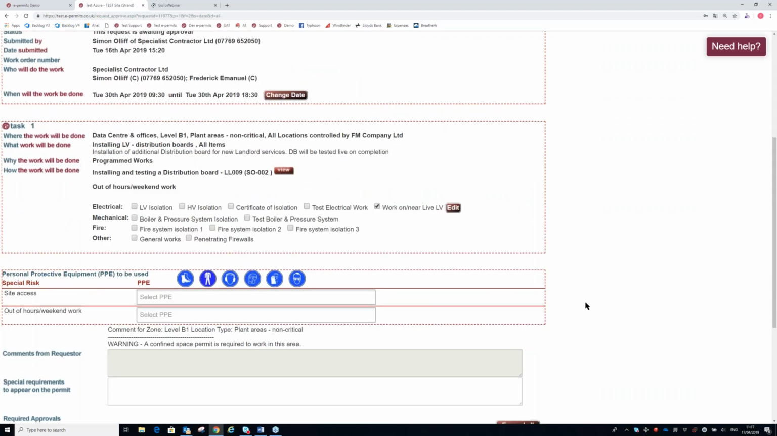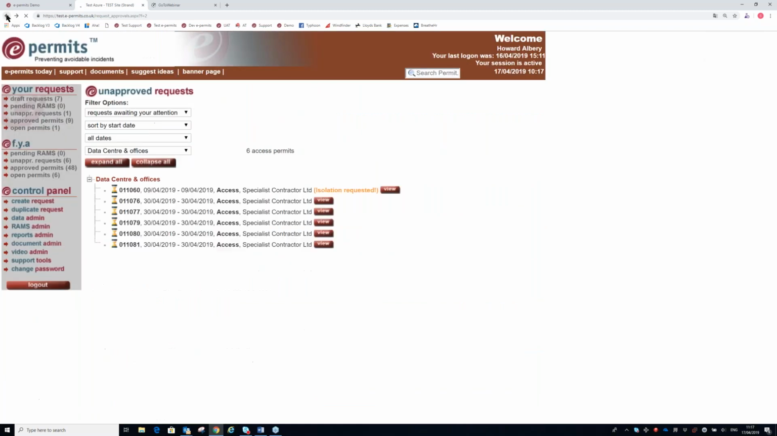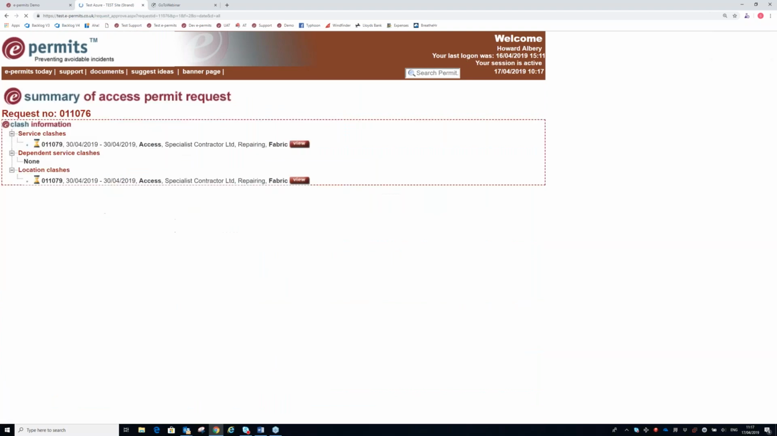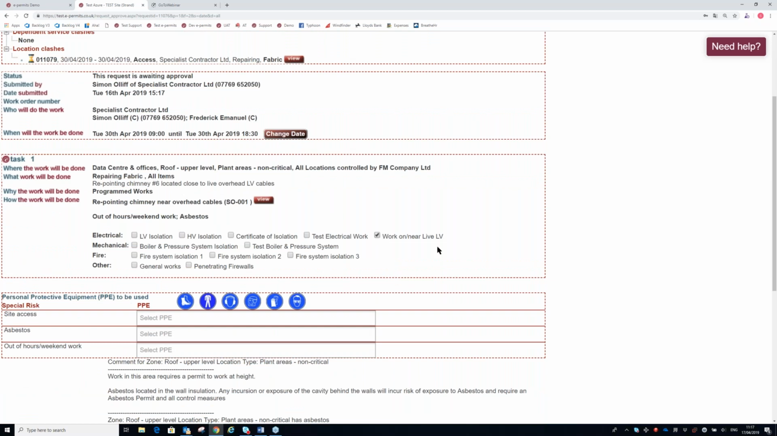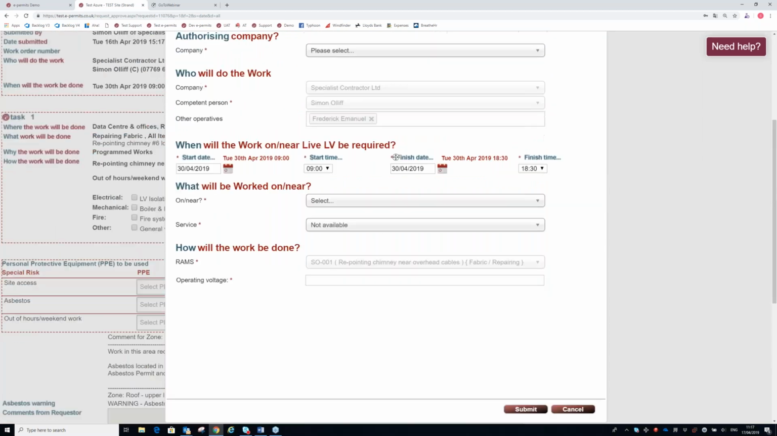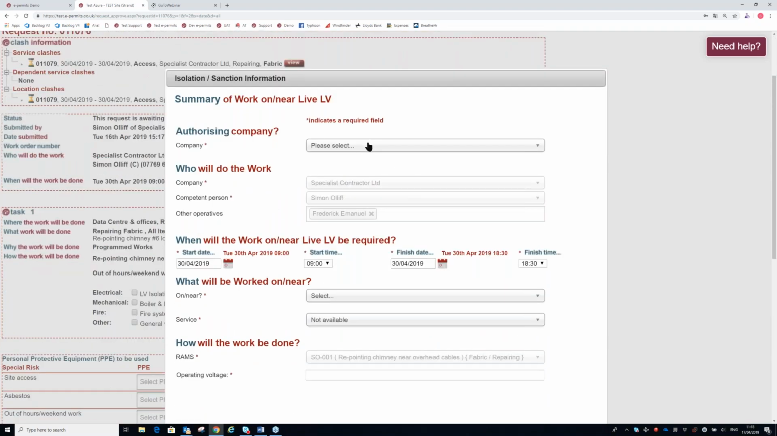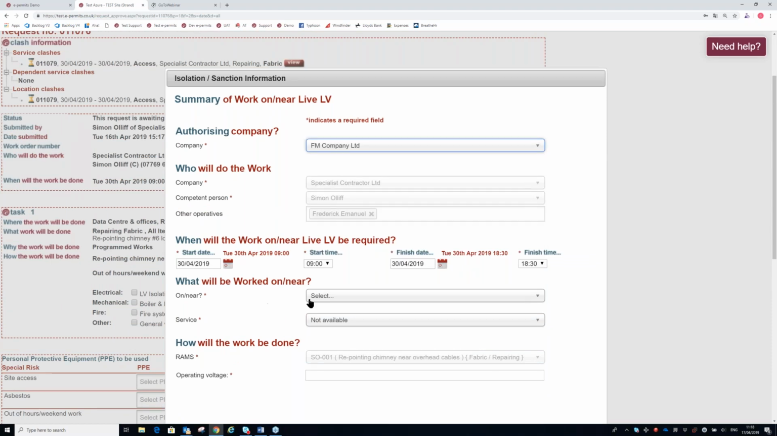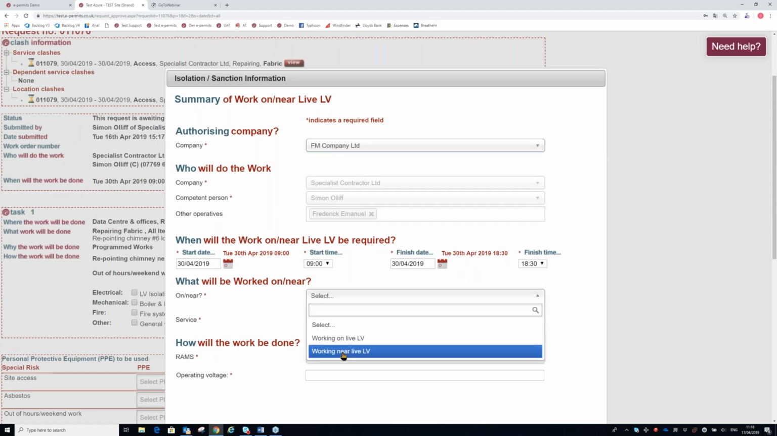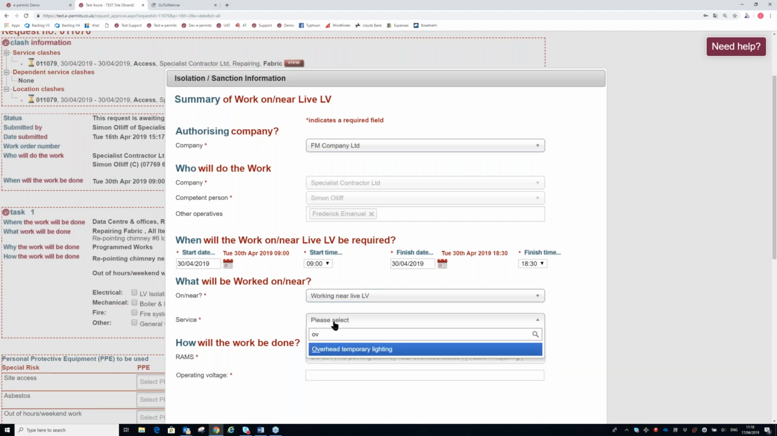The next one that I'm going to demonstrate is, again, one where the team is competent. We're going to have a look at number 76 this time. And with this one, when I go to add the sanction, this is work on the chimneys, which we know is going to be near the equipment rather than on the equipment. The FM company is going to approve it. When I'm asked whether it's on or near, it's near the overhead equipment. If I choose the overhead temporary lighting again